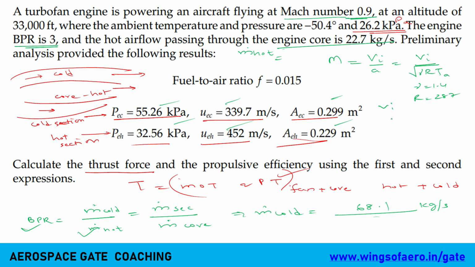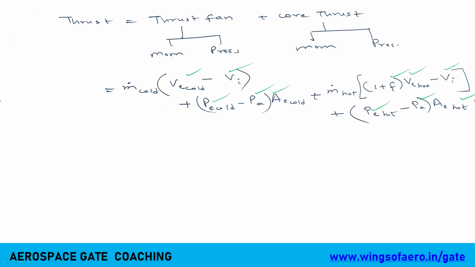Okay. What is Vi? 269.15. Okay. Vi is known. So you just need to substitute in the formula. Anything else left out? I hope no. Now m dot of hot is already provided in the question, and F is given, m dot of cold is known. Right, now substitute and give me the answer